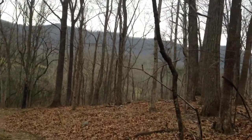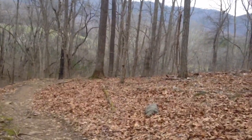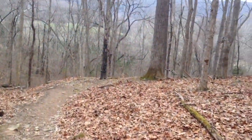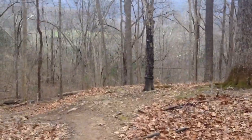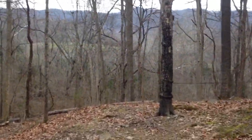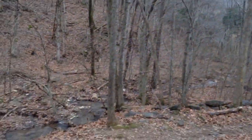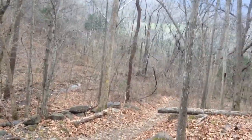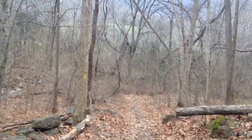So coming down this trail today was pretty muddy. It's rained the past few days, which has made the trail muddy, but it's also provided a lot of water sources, or made a lot of the questionable water sources good water sources. This one right here will be my last water pretty much through the entire trip. So I've got the rest of today and tomorrow,